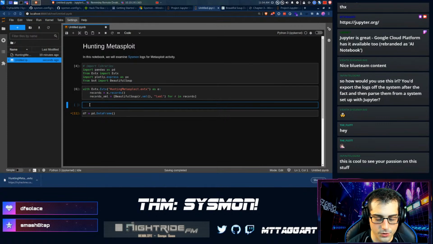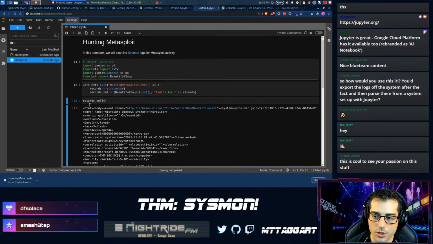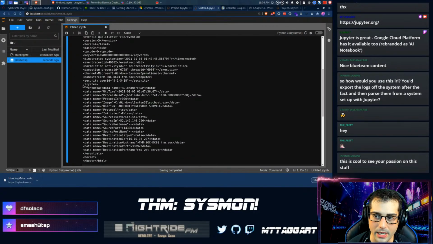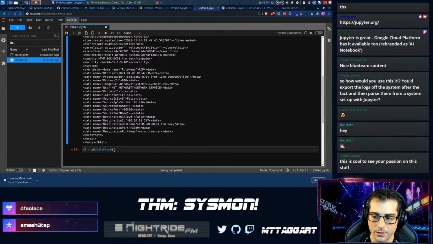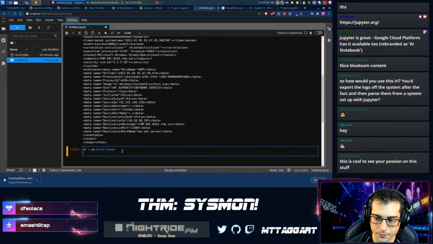Now, just as a reference, I'm going to get this records XML. I'm going to get the 0th XML record up here just so I can see it and have some idea of what I need to get. So for example, I need to get the event ID, obviously. That's fine. So df, and this is how I define columns, is df event ID